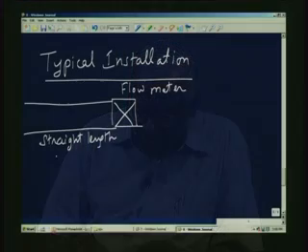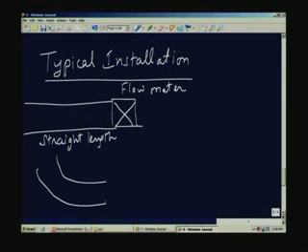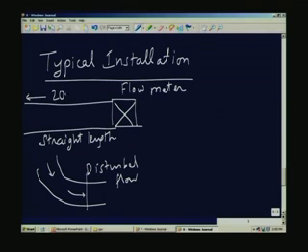For example, if I have a bend like this, there will be secondary flow and the flow will be disturbed here. There is this disturbed flow. Therefore, we should avoid putting the flow meter right next to a bend, very close to the bend. So, we require maybe 20 to 50 diameters of the pipe, or maybe more depending on the installation. Similarly, we require a certain straight length of tube